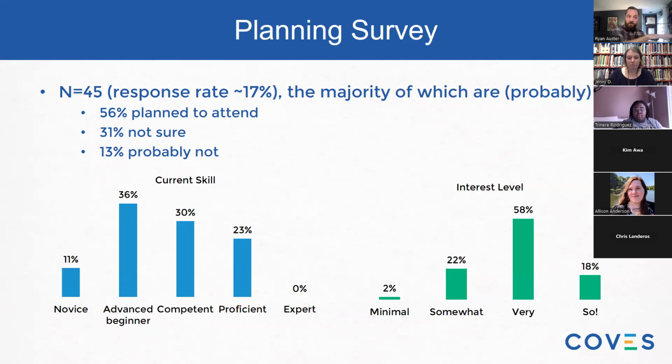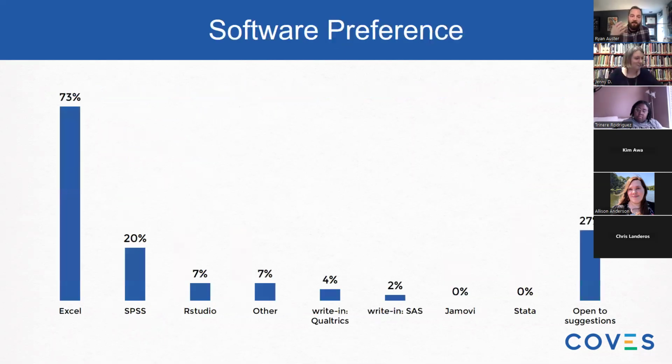Based on these responses, where you can see that most people are in the middle of their current skill set, maybe leaning towards the beginner side of the expert continuum, and maybe very interested, I'm going to treat you all like a statistics class where about half of you are here because you want to be, and half of you are here because you feel like you need to be. So that's the way I've been thinking about this in my mind.